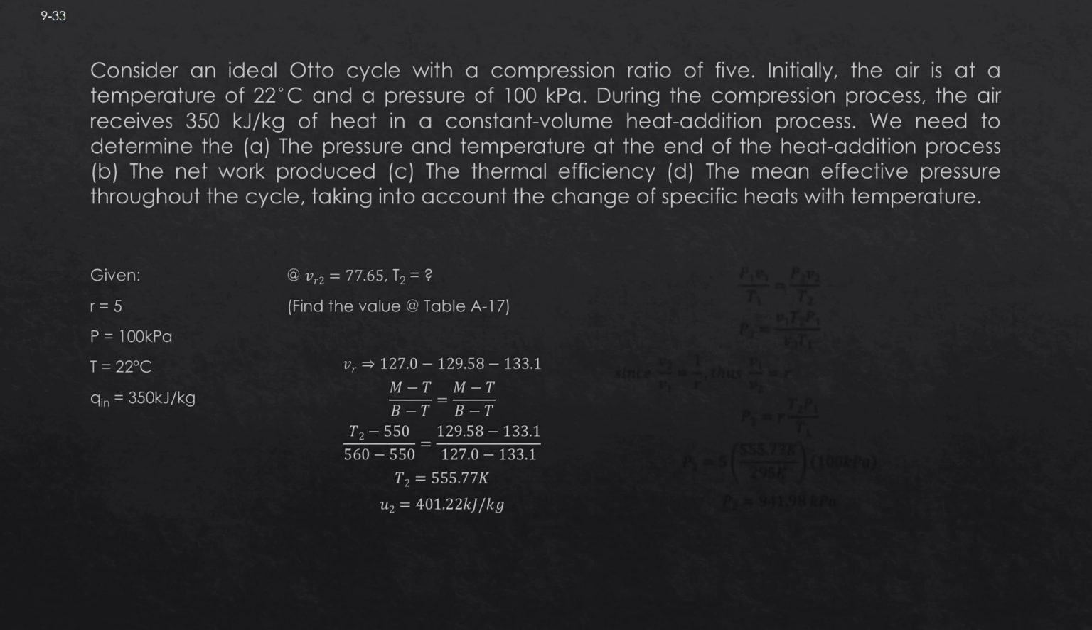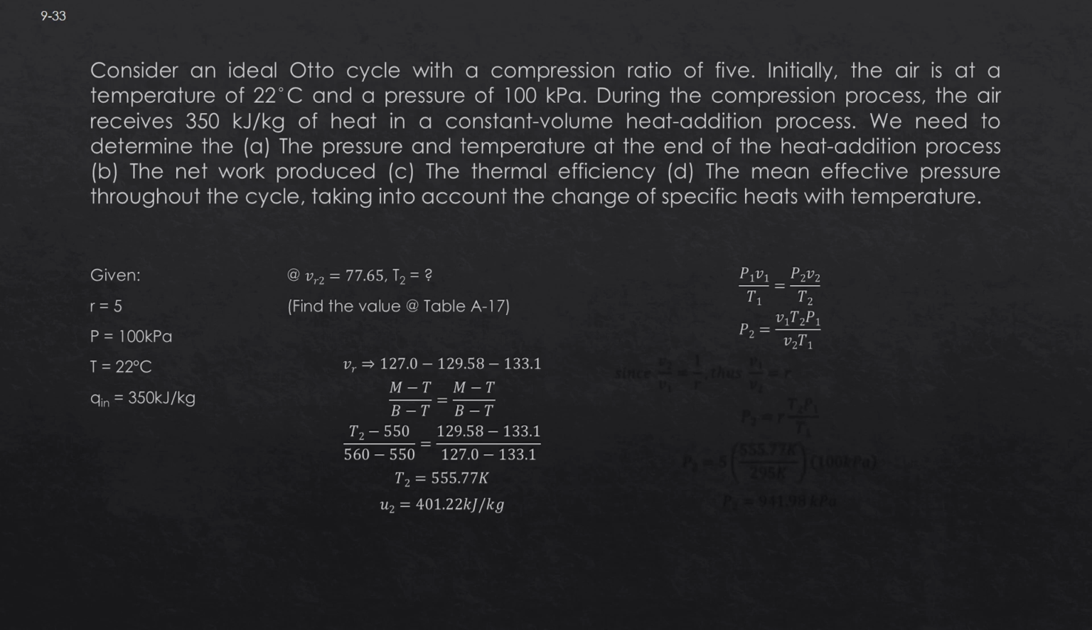To solve for the pressure at state 2, we'll use the combined gas law equation, which is P sub 1 times V sub 1 over T sub 1 equals P sub 2 times V sub 2 over T sub 2, where P is the pressure, V is the specific volume, T is the temperature in Kelvin. So, since we are solving for the pressure at state 2, we rearrange this equation and we will get P